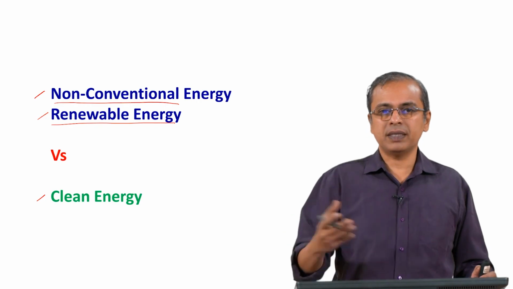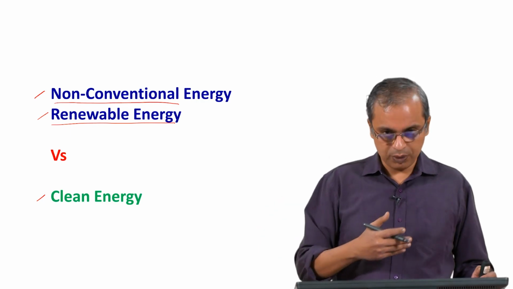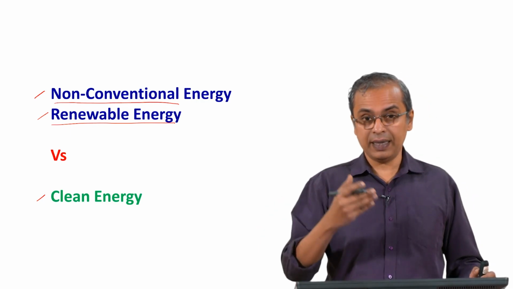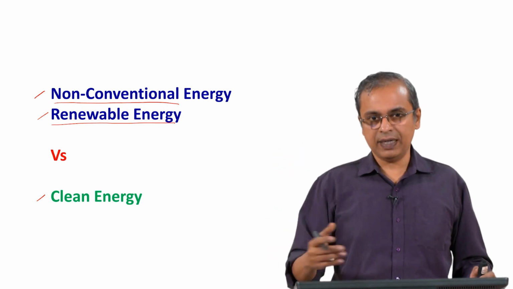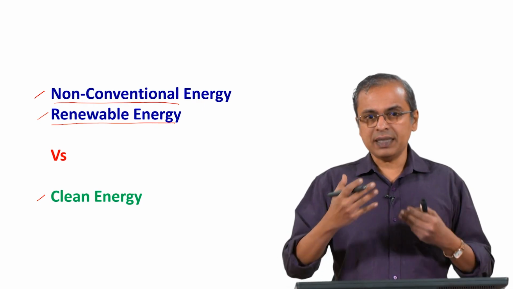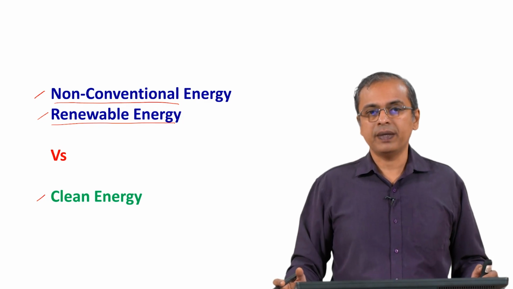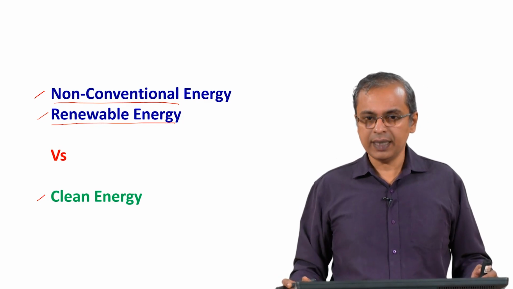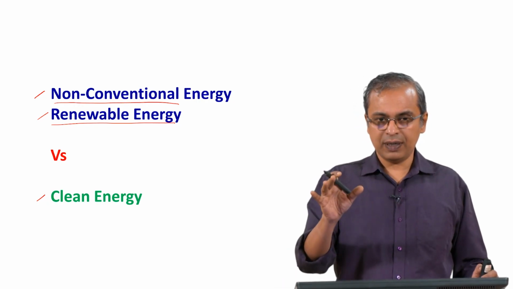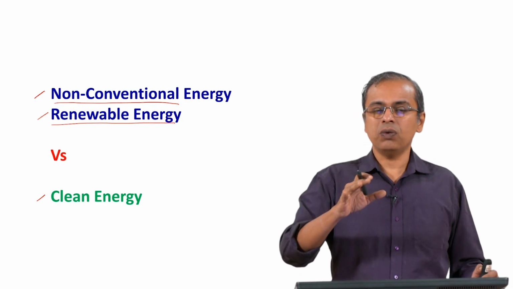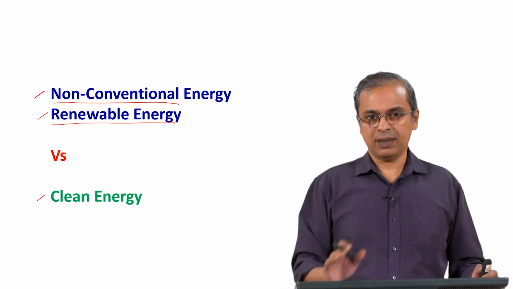If we consume some energy over the next 5 years, can that energy be replenished in the same 5 years? If we consume energy through the month, can it be replenished through the month? Per day we are consuming some energy; will it come back as a source of energy the same day, or the very next day? If it is something we can regenerate, or is available to us in an inexhaustible form, then we consider it renewable. That is the second aspect: it can be renewed within a time frame in line with the rate at which we are using it. That is how we call renewable energy.